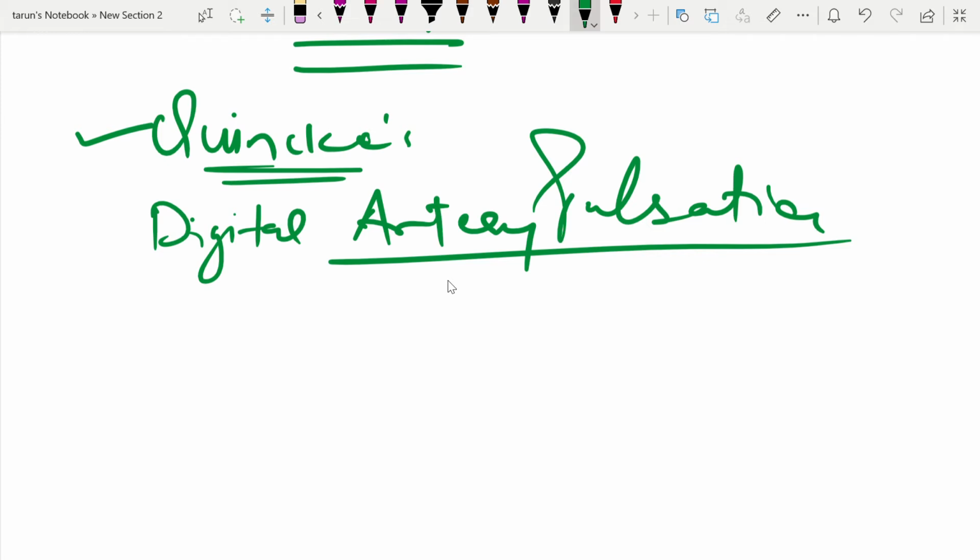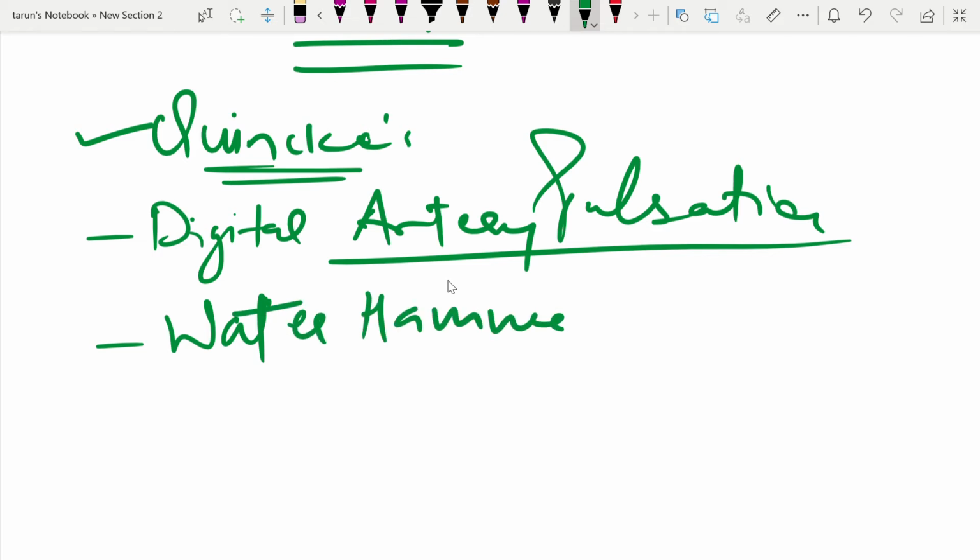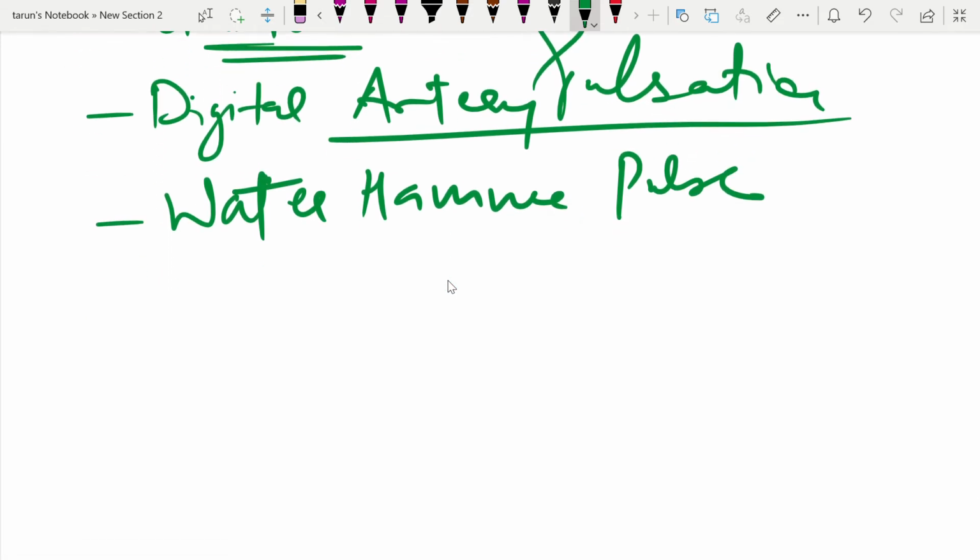Then high volume collapsing pulse or Corrigan's pulse or water hammer pulse you will get. So you will get a high volume pulse, which is called the water hammer pulse. So this is another sign, water hammer pulse. Then as you move up from the hand, you will get the locomotor brachialis. Look at the medial side of the lower arm with a semi-flexed elbow for a tortuous and highly pulsatile